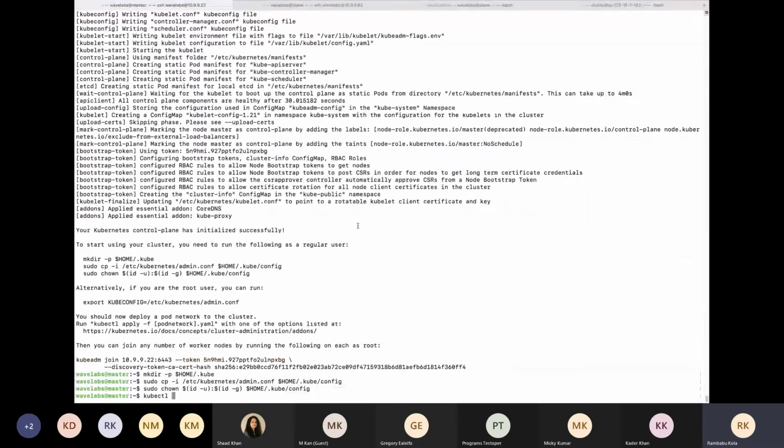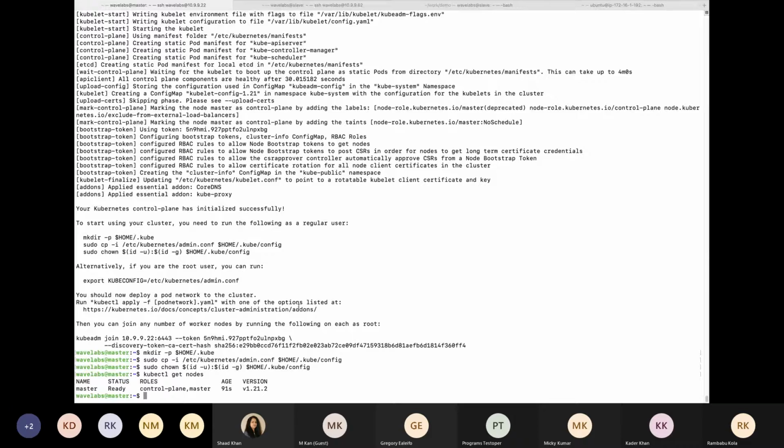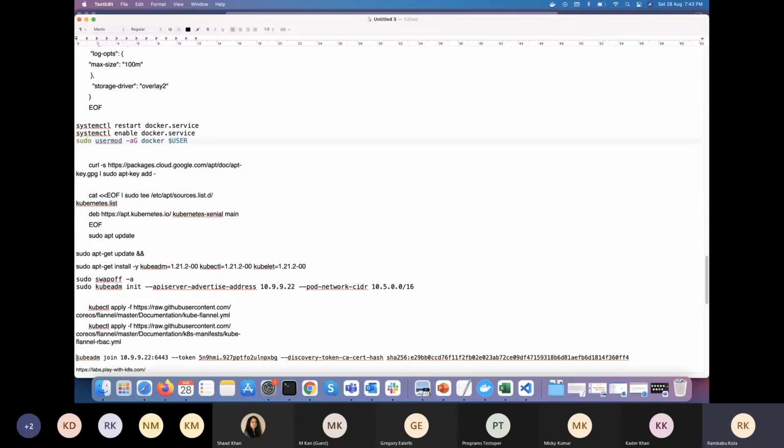So now if you see, when you run get nodes, only the master is available right now because we did not add any worker node. So we'll add the worker node.